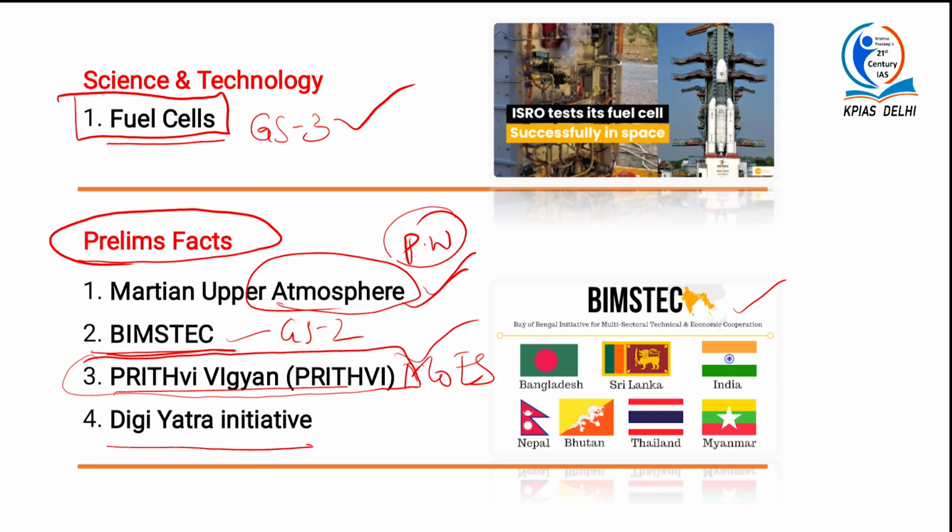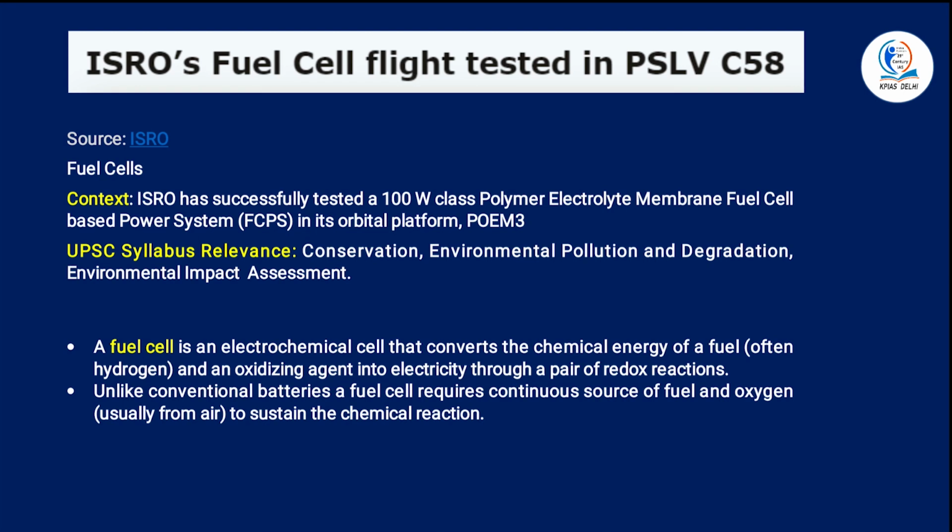And the final topic for today's discussion is the DigiYatra initiative. This is also part of your GS paper 2, government policies and interventions. So the Centre has launched something called DigiYatra, where passengers traveling through air can enroll themselves, and the airport security agencies take over the verification, so that flyers can move very freely. That is what we will be looking at. What are the objectives of this particular initiative and all? We will be looking into it. So let us begin our discussion with the first important article.